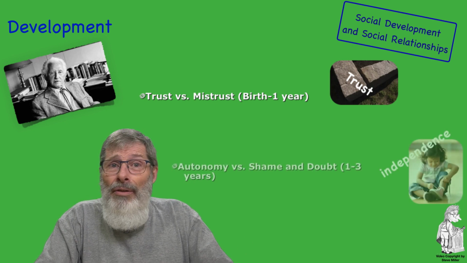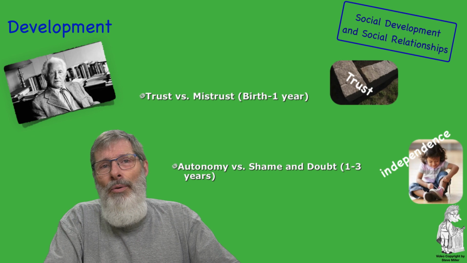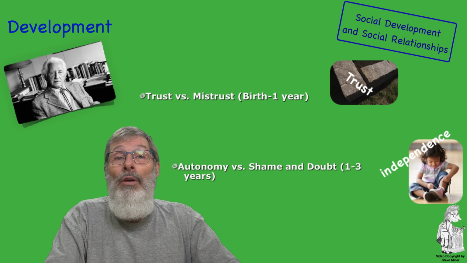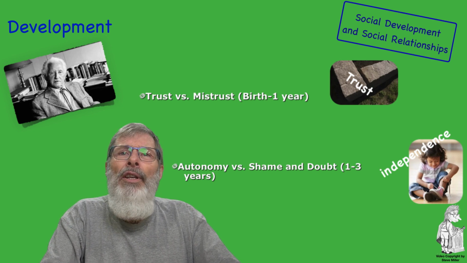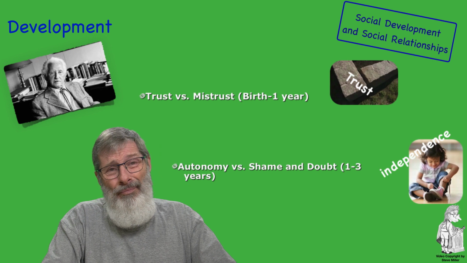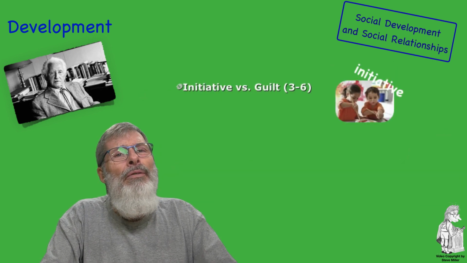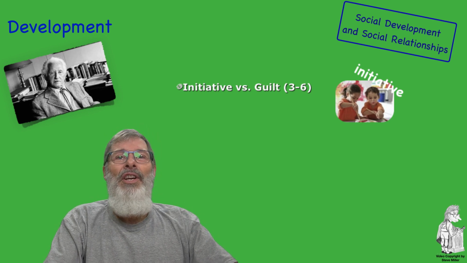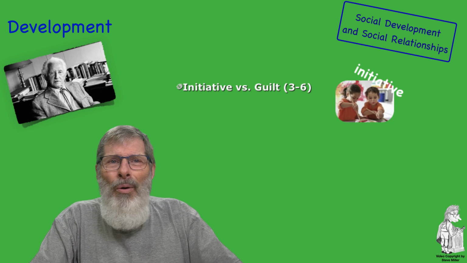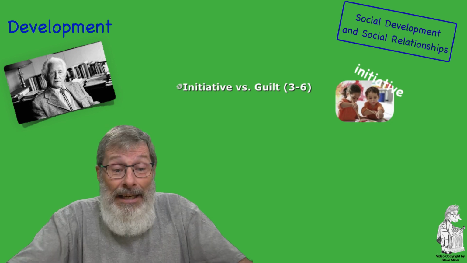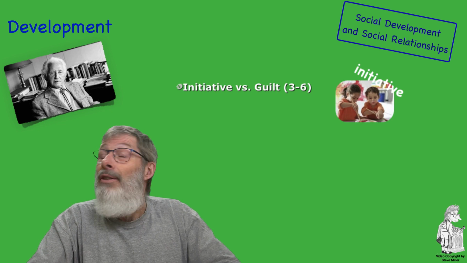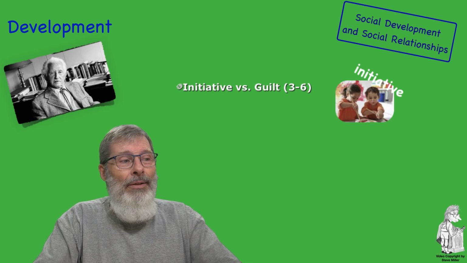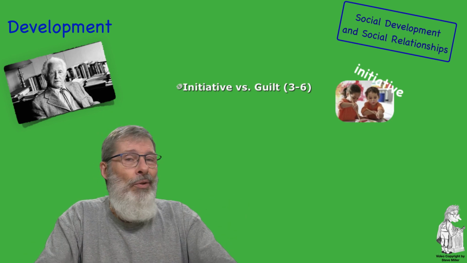Erikson's second stage is autonomy versus shame and doubt. Early childhood and preschool years, our relationships encourage us to develop autonomy, or feelings of shame and guilt. Stage 3, the initiative versus guilt. During the school years, friends and teachers encourage us to become industrious, or if we don't engage, we may start to develop feelings of inferiority. So these are the conflicts that we all work our way through on psychosocial development.